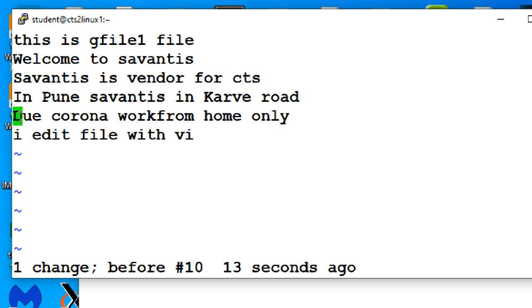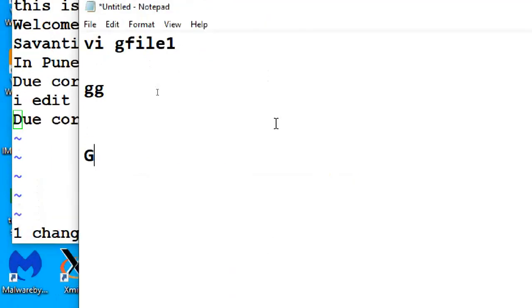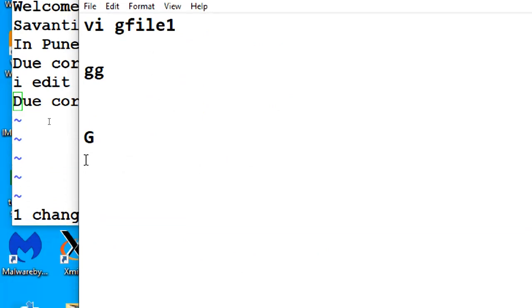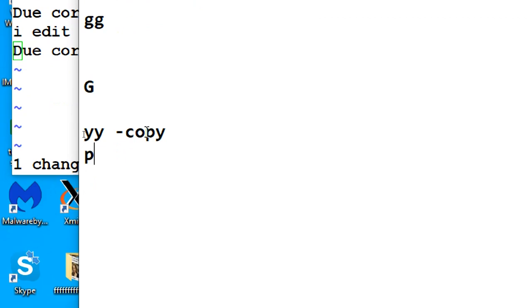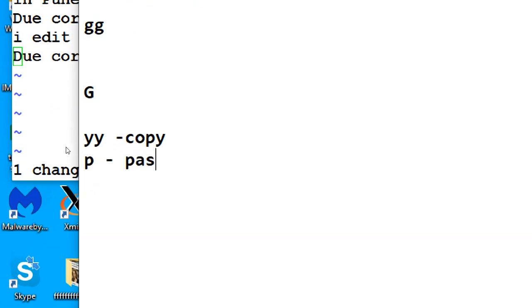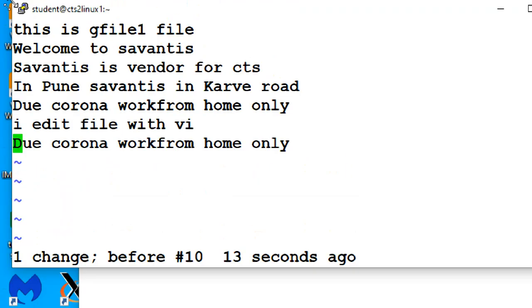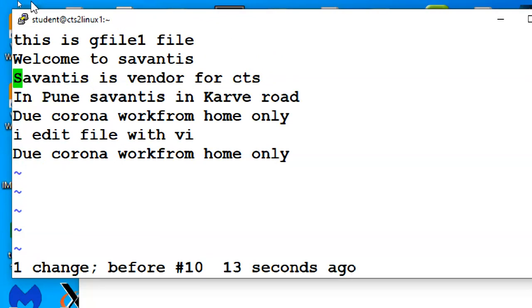I press y two times, done. Now I went to the end of the line and press p. What happened? y to copy, p to paste.